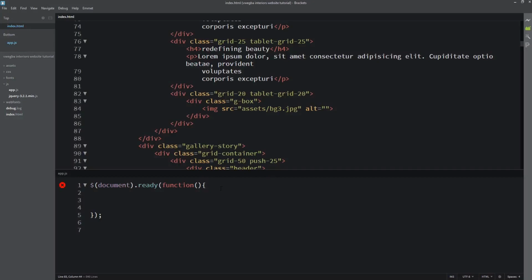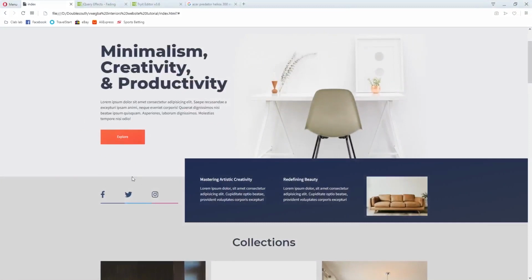So jQuery has 4 different fade methods we use to do some cool stuff. We're going to make our website fresh now. So fadeIn, fadeOut, fadeToggle, fadeTo. Quickly, I'll just show how all these methods work, and we'll use this small example for you.